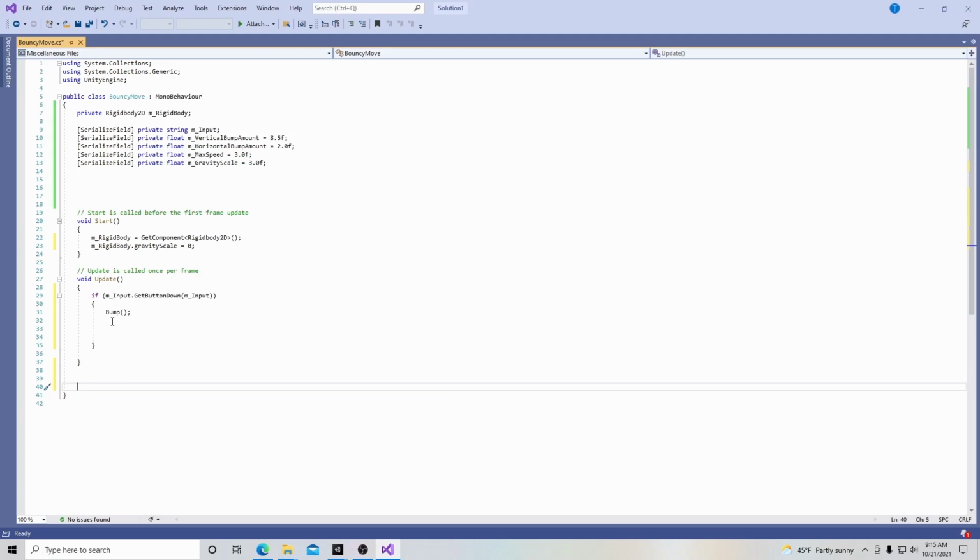So we're going to create a function that we're going to call Bump. So right here, this is a function. Basically, we're calling a bunch of lines of code. Oftentimes, functions are used just to make things cleaner in the update and start functions. So over here in our bump function, we're going to put